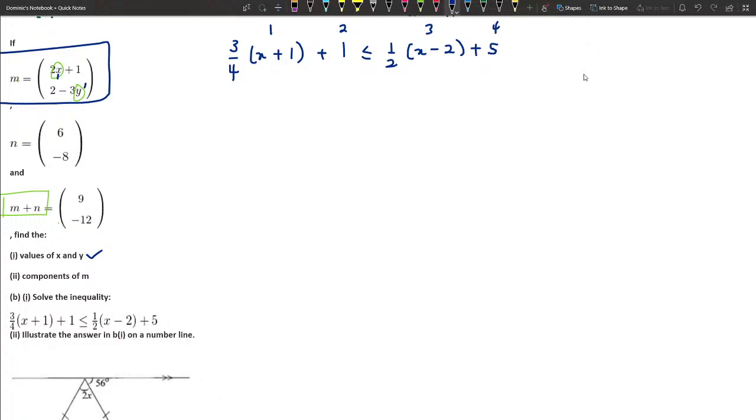We need to know the number of terms because we need to actually find the LCM, and once we find the LCM, we need to use that LCM to multiply each of the terms, and at the end of the day, it's going to help us break down the denominators of these fractions, and then we can get a simple linear equation and then we solve. Now we can't just introduce the LCMs to the fractions point, because when we do that, then we will end up devaluing the 1 and the 5, which might not have a denominator that can actually break down the LCM